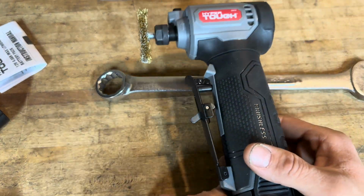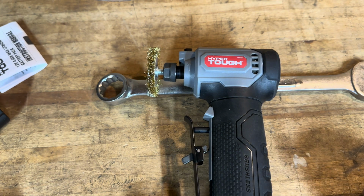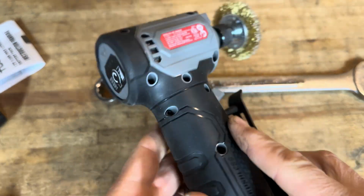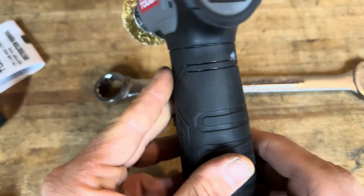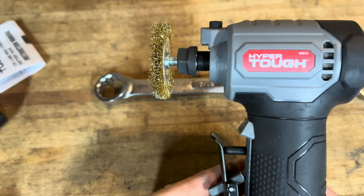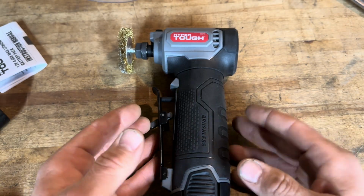So, as a first try, I'm pretty happy. I'm excited to bring it to work and try it out. Is it for everybody? I don't know. You'd have to try it for yourself. I know that's why I bought it, because I didn't want to spend a whole bunch of money. Well, I paid